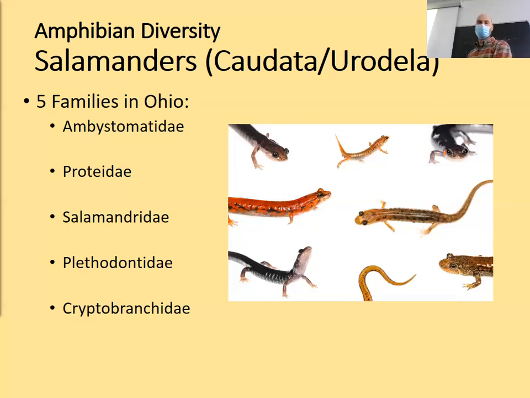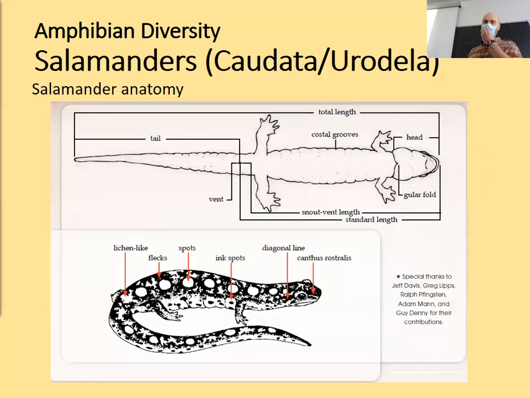It's like paradise. All right, so just to take a quick look before we get into those families, I want to give you some basic vocabulary when we talk about the anatomy of salamanders. So here's some diagrams. Here's those costal grooves. You can see how there's grooves all along the torso of the body. The head is anterior to the neck, not terribly surprising.